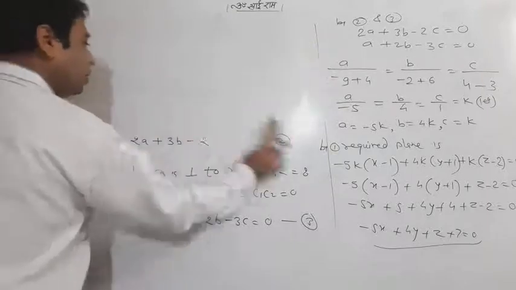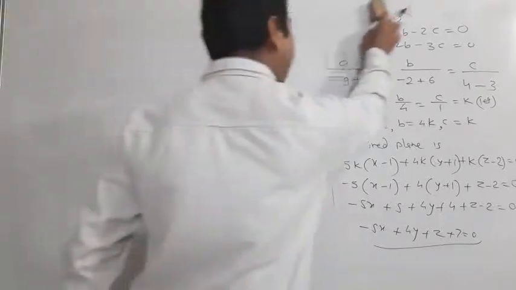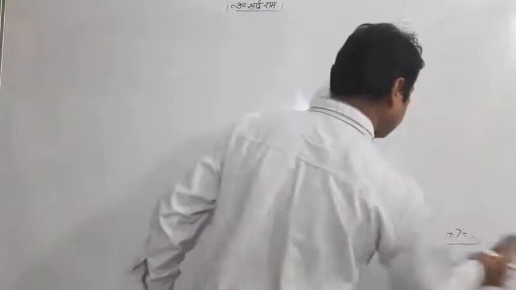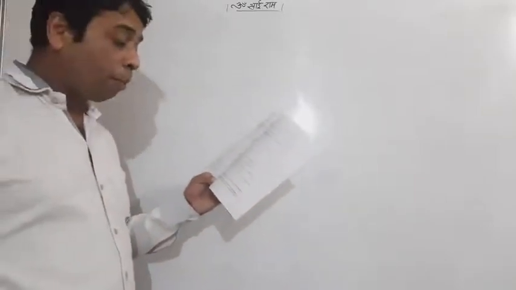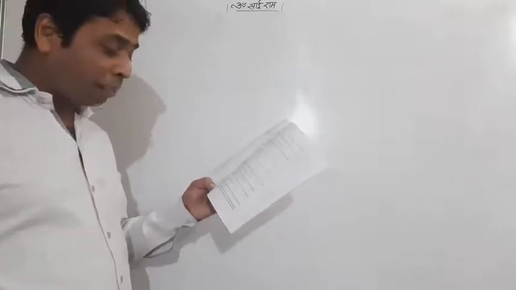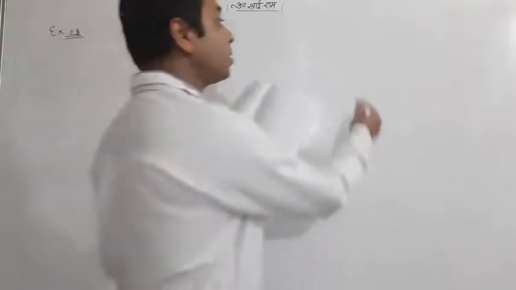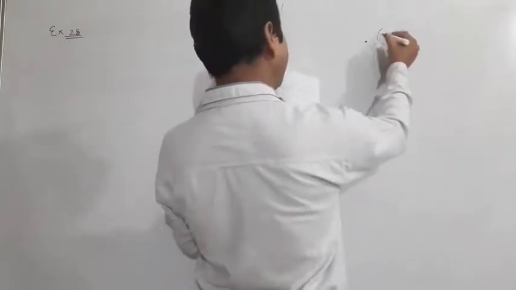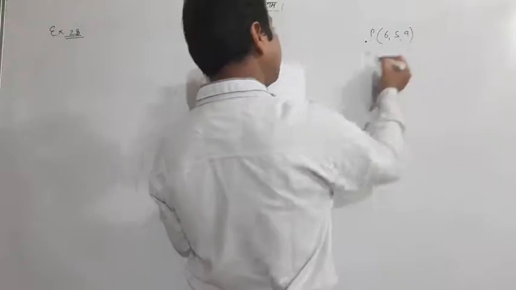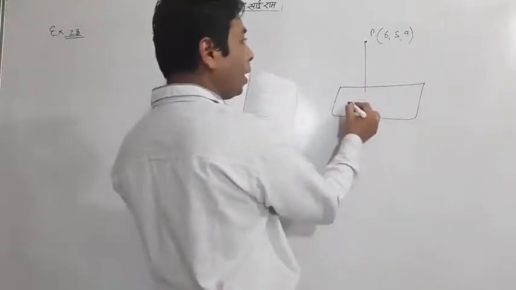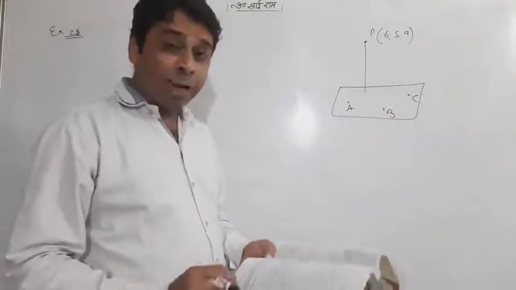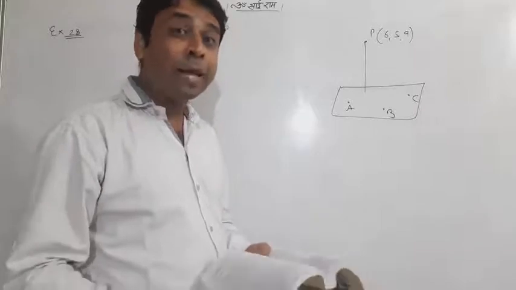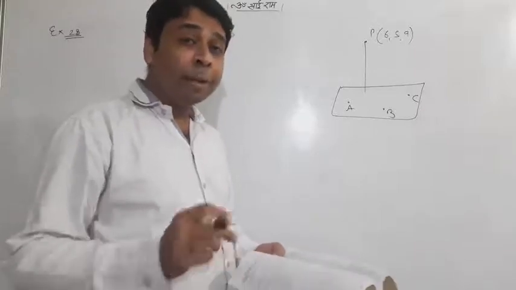Now, the last thing after this one, we have another good question, so definitely we want to take it. Example 28. Find the distance of the point from the plane which is determined by A, B, C. Very good question. The question says, find the distance of the point P(6, 5, 9) from the plane which is determined by A, B, C. The language is very tough, but the meaning is very easy. The plane determined by this means the plane which is formed by this, or the plane which is passing through A, B, C.